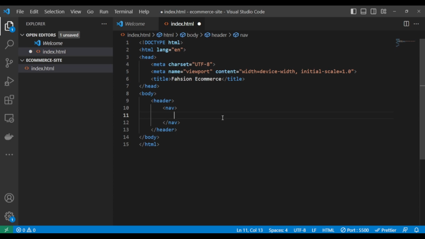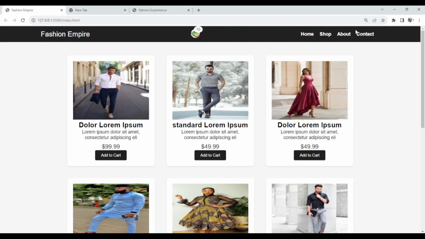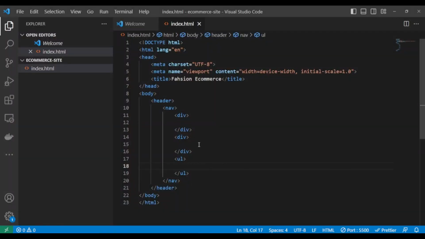Inside the navbar, I'm going to have two divs. Let me create another div inside the navbar. And inside this again, I'm going to write a URL, another list that is going to hold those items, these menu items. It's going to be inside another list, the URL. So this first one here is going to be